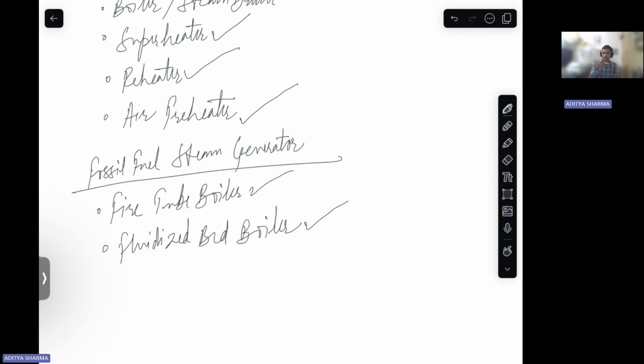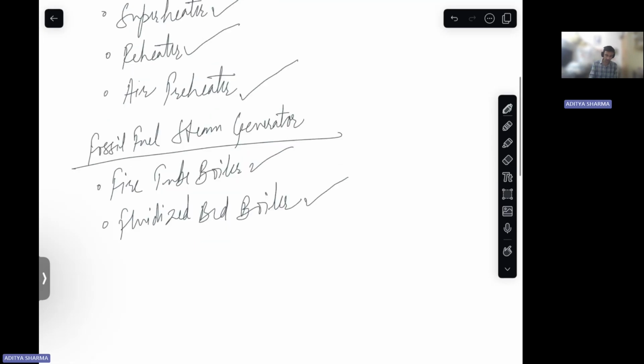And here where the combustion of coal is taking place, we further have our tubes in which we have water, right? So the heat transfer takes place this way in your fluidized bed boiler, right? So these are two boilers. Then is your